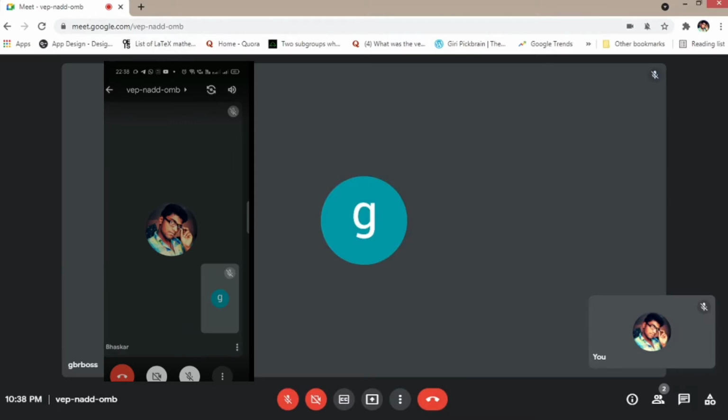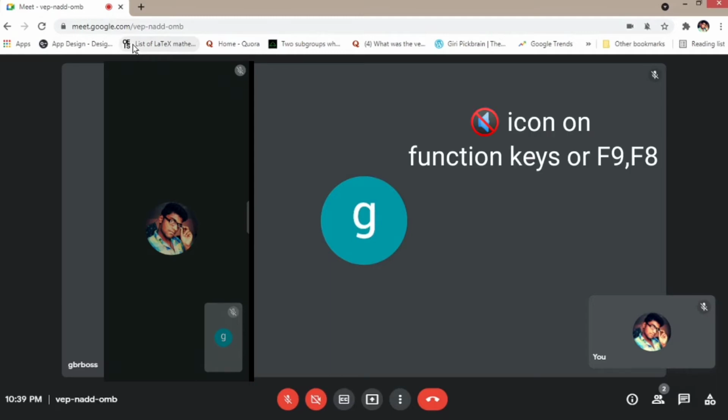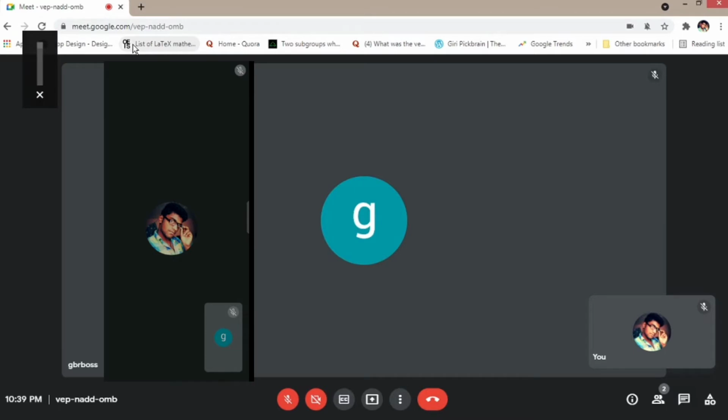So how to mute your audio in the laptop? Let us see first. I am pressing Ctrl plus F9, or else simply F9 or Windows F9. Whatever it is, it works, or function key F9.